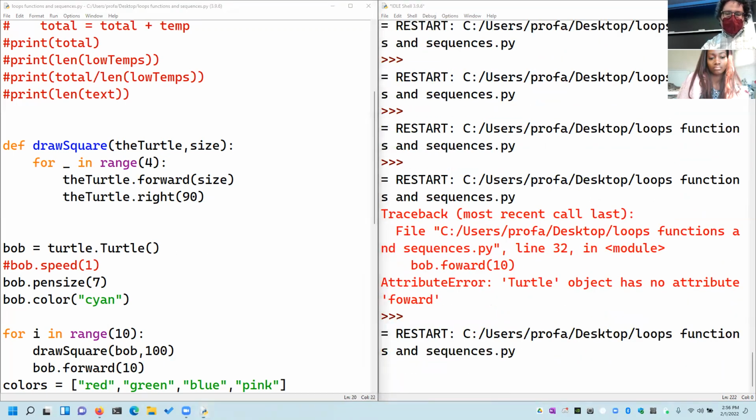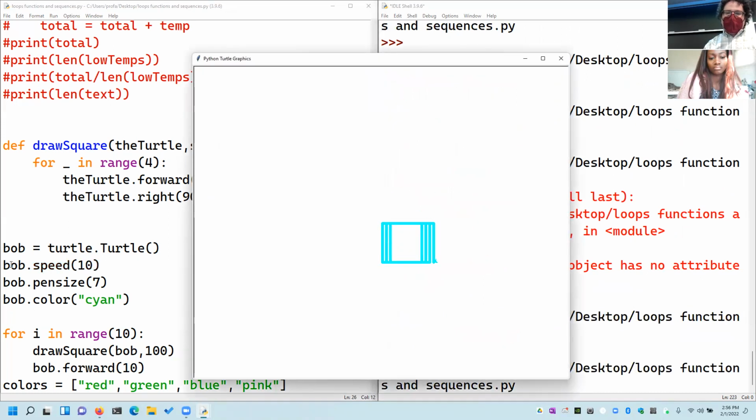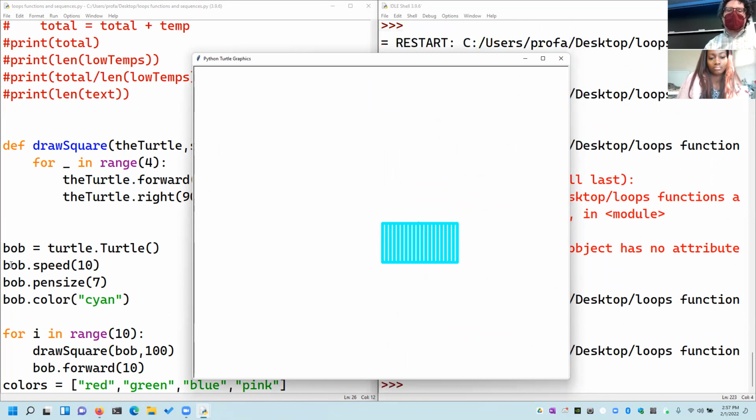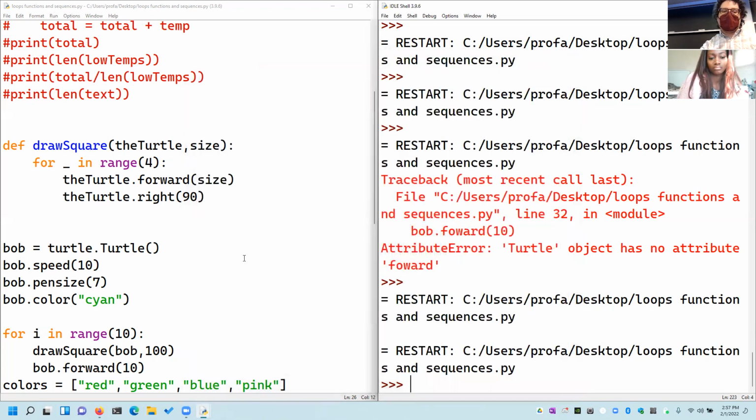Give me 1 second, and I'm going to go ahead and speed this up considerably, because otherwise it will get very boring very quickly. So here, what am I doing? I'm telling him to draw a square and then move forward 10 pixels. Draw a square, and the way I've been doing these polygons, if you remember, is that I make it so that the turtle always ends up where he started. And now we see why, because it makes it easy to judge how these are going to go. Or better yet,